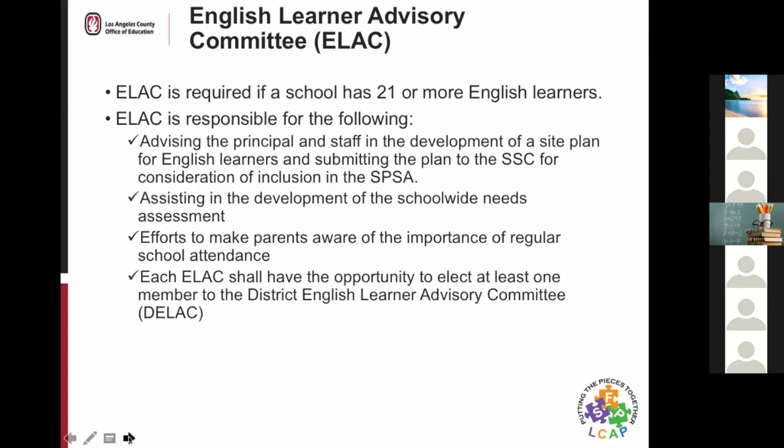ELAC responsibilities include advising the SSC, which Rachel just finished talking about, on programs and services for English learners for inclusion in the School Plan for Student Achievement, or SPSA, assisting in the development of the school-wide needs assessment, and discussing efforts to make parents aware of the importance of attendance. The ELAC must have an opportunity to elect at least one member to the District English Learner Advisory Committee, also known as DELAC.